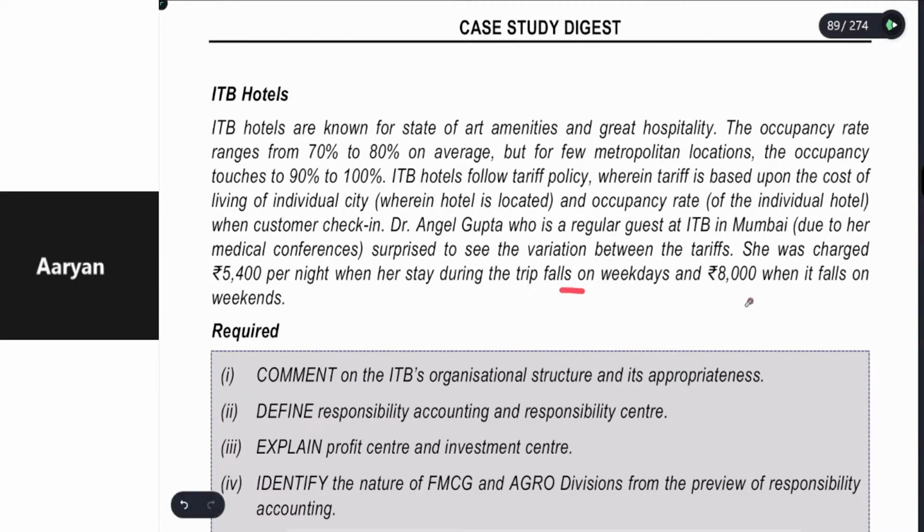Here weekend and weekdays is given, but it can also be season period and off season period. If we talk about Kashmir, it starts from February to June. This is their main season, so they will definitely charge the higher price. And in the off season, if we say July to September or October, for the same category of hotel, you will find the low price.